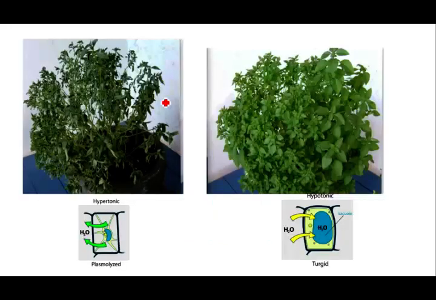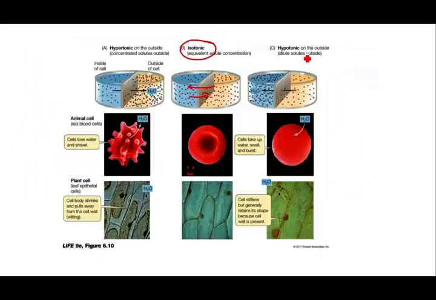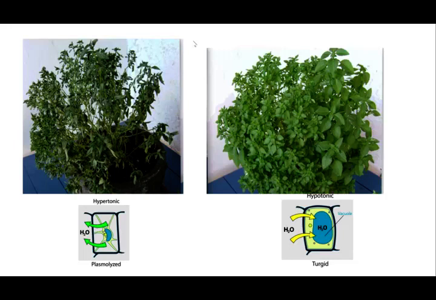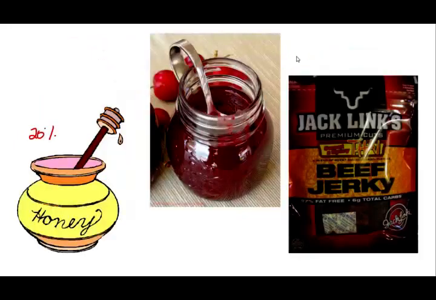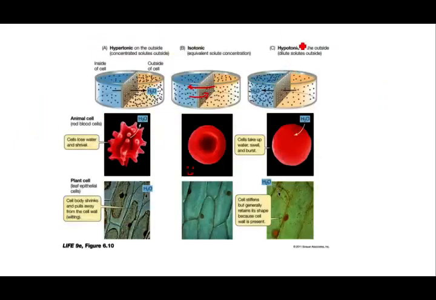Okay, so let's talk about what happens in a hypotonic solution. In a hypotonic solution, the inside of the cell has less water in it than the outside, and water will tend to move from the outside in. If you put an animal cell in that, like a red blood cell, what's going to happen